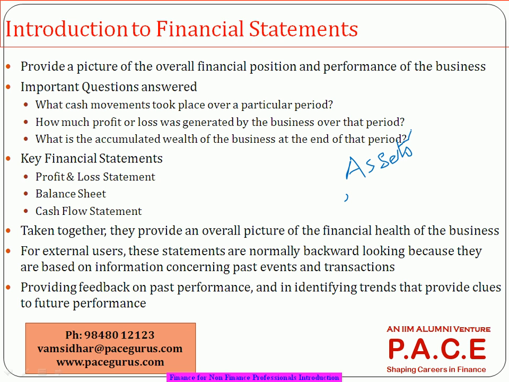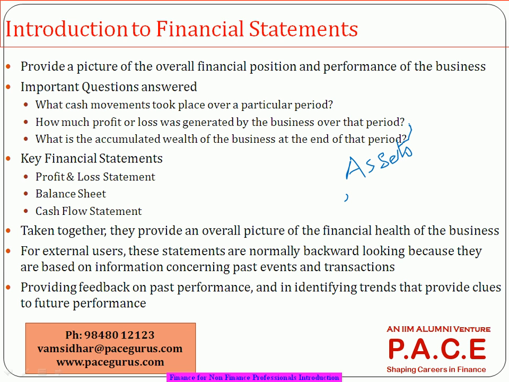Similarly, bikes will still give me the benefit in the next year, because the financial statements are prepared keeping in mind 1 year. During this year, whatever you have sold, whatever you have got, you are putting it in the P&L statement. At the end of the year, whatever is outstanding in terms of receiving or paying is going into the balance sheet. Once we take up that example, we can clearly look at the differentiation.